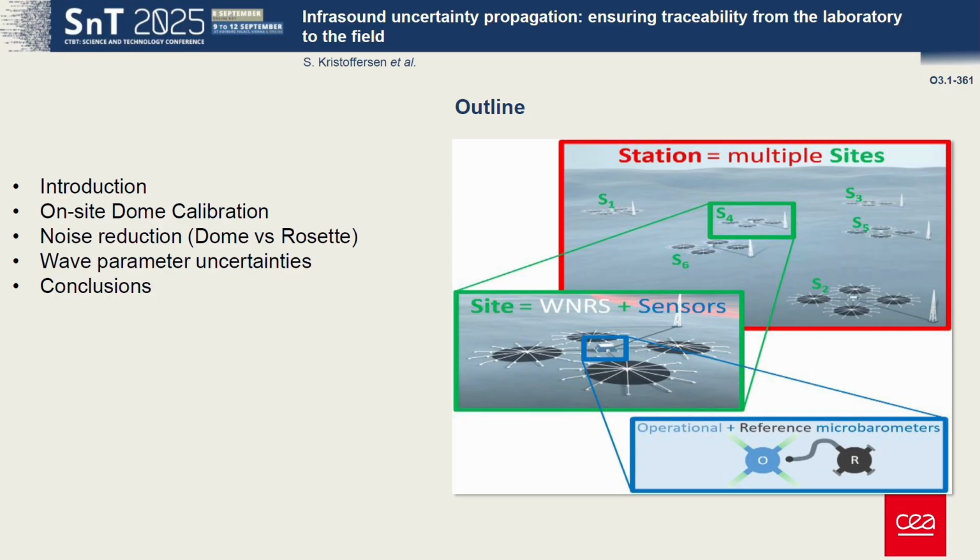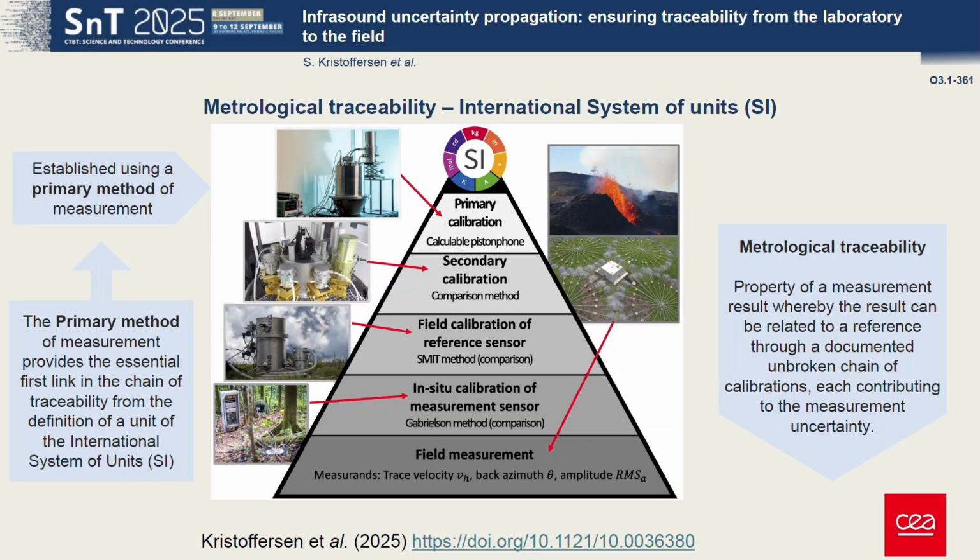So just a brief outline, and give a bit of introduction, and talk about how to do on-site calibration, as well as talk about the noise reduction, comparing the dome and the Rosette, as well as talking about how the calibration of the domes affects or propagates through to the measurement, so our observations in azimuth and speed. So basically,